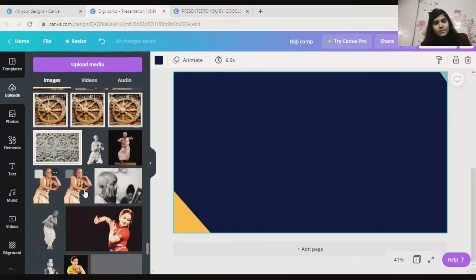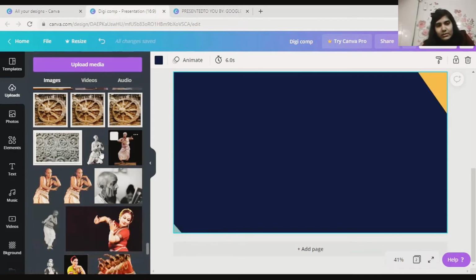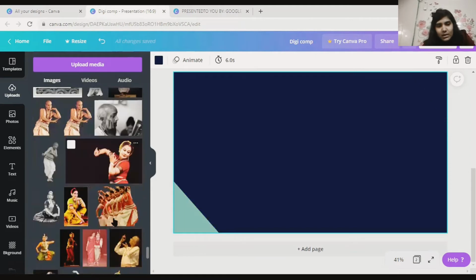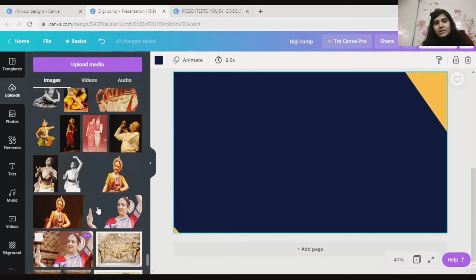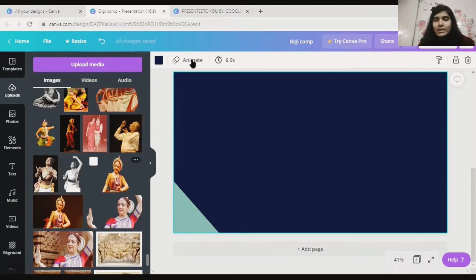So, okay, one more thing I would like to show you is how to make these kind of images, right? From this kind of image to this kind of image, or from a normal image to an image with no background. Okay, I'll just show you how you can do that. See, for example, this image to this image. How have I done that? I have used remove background. It's a site called